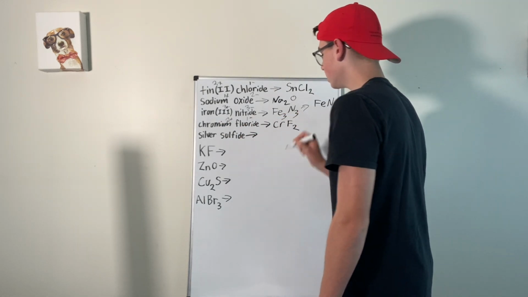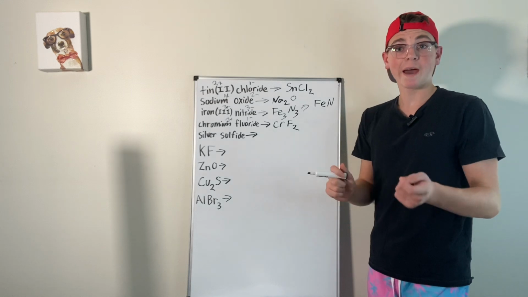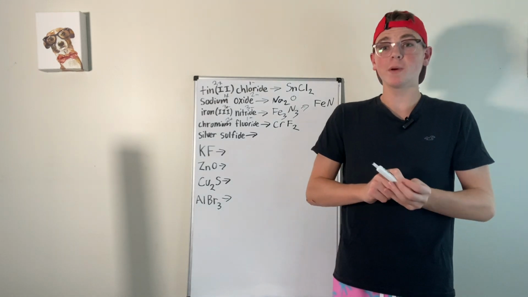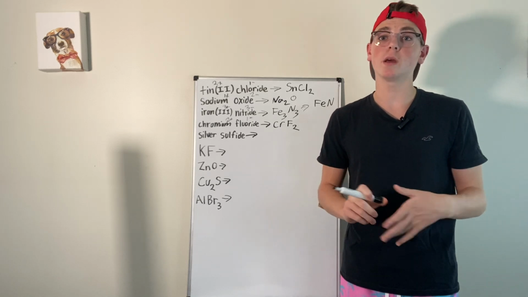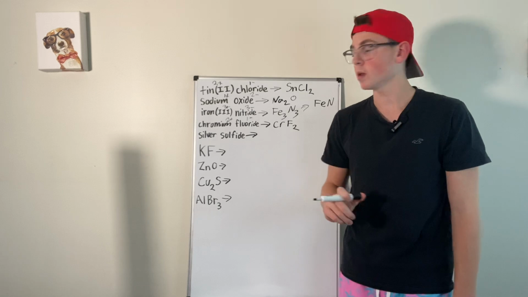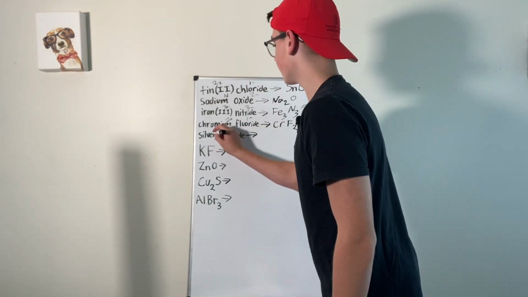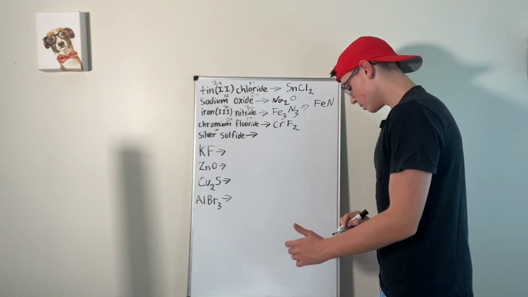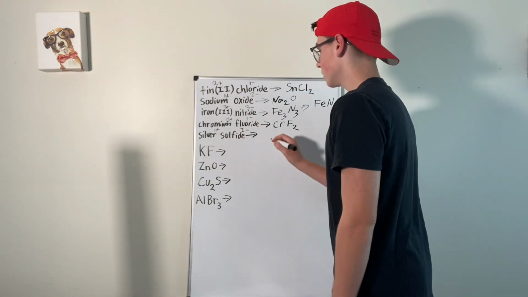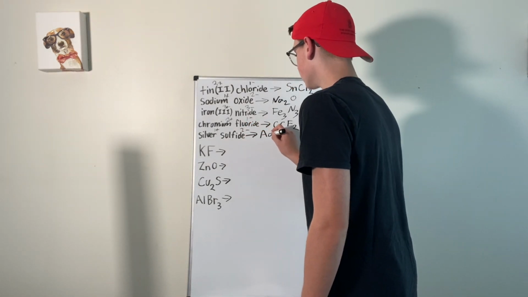You can say CrF2. And boom, you got it. Now, silver sulfide. Silver, oh, it doesn't have a marking with it. What is it? It's a transition metal. Is it 2? No, it's silver, which is a 1. Just try to remember that. So silver is 1 plus, and sulfide is sulfur, which is 2 minus. So this will be Ag2S